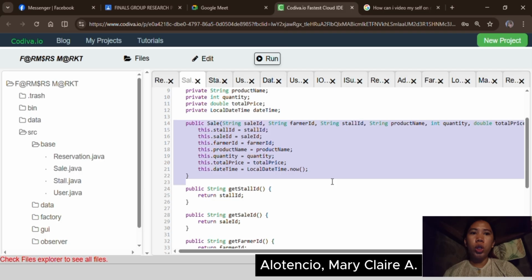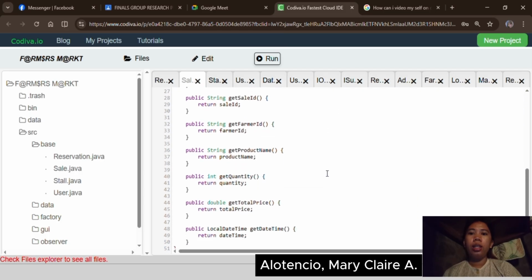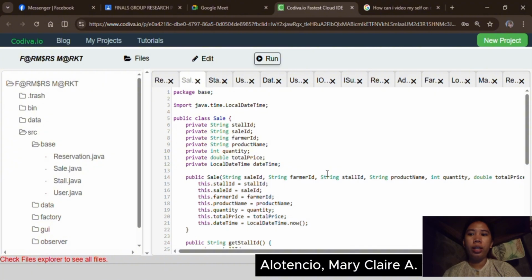So to summarize these 4 classes, the User, Stall, Reservation and Sale. These are the data backbone of the entire farmer management system. User defines who can use the system through abstraction and inheritance.